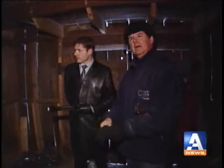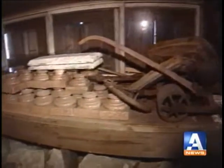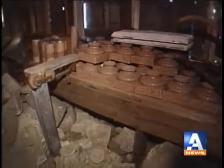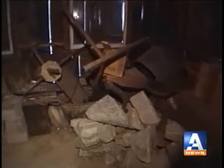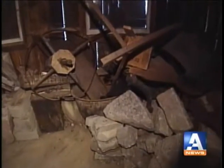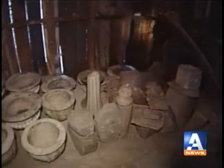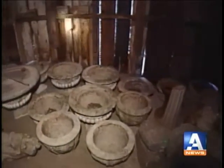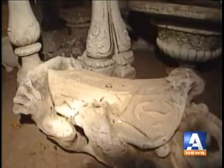He used it for only 3 or 4 months. And after that, he rarely came back here. And he used the forge to store the stones he did not use for the ruins. So we are doing the same thing that he did. We use the forge as a storage place. Storage for, among other things, everything from bits and pieces of European heraldic statuary to fragments of Canada's original Parliament